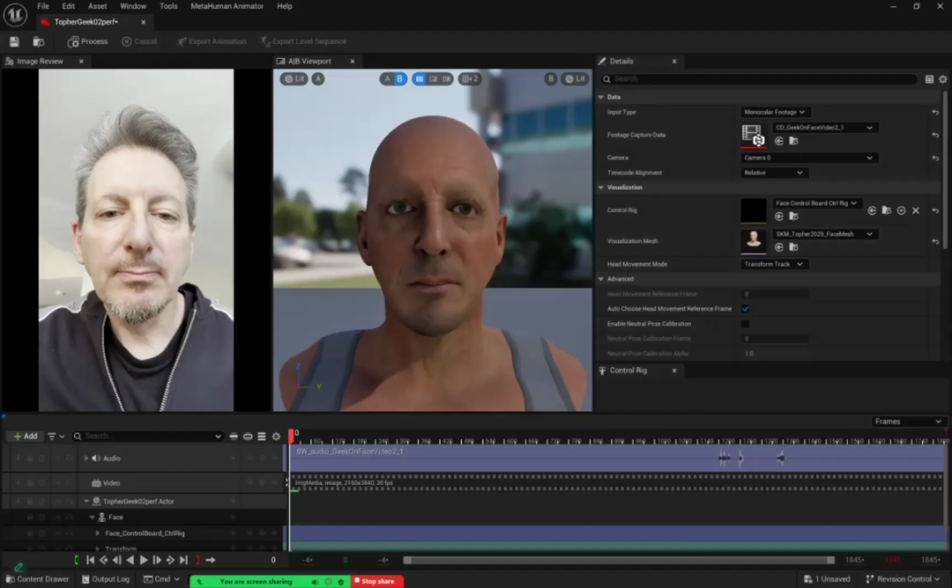And then you're going to look over here and make sure your head movement mode is set to transform track. That's going to actually take your head movement from the video, and it's going to put some movement on the body. You can disable that, and if I knew that I wasn't going to use any body motion, I would disable it, but we can disable it later. Since I don't know for sure if I'm going to use it for this, if we're doing a shot that's really close in on the face,